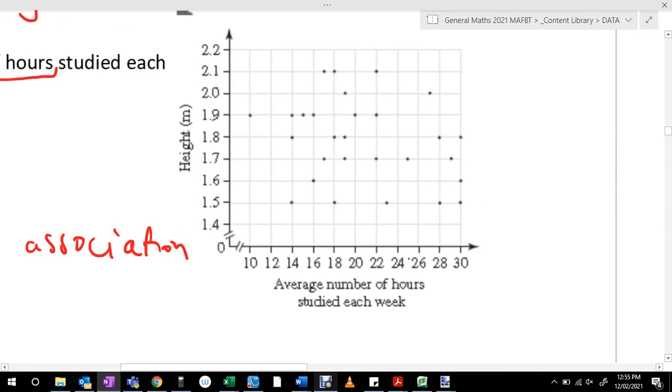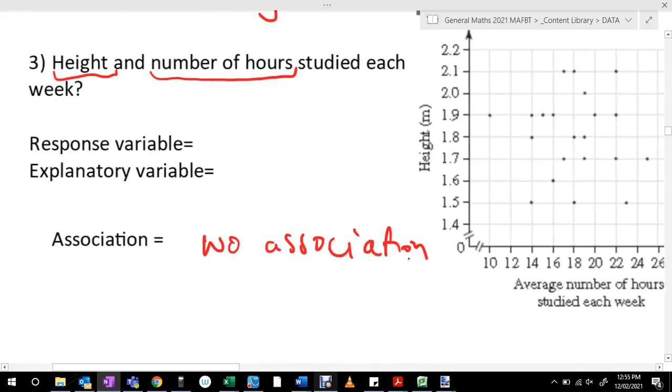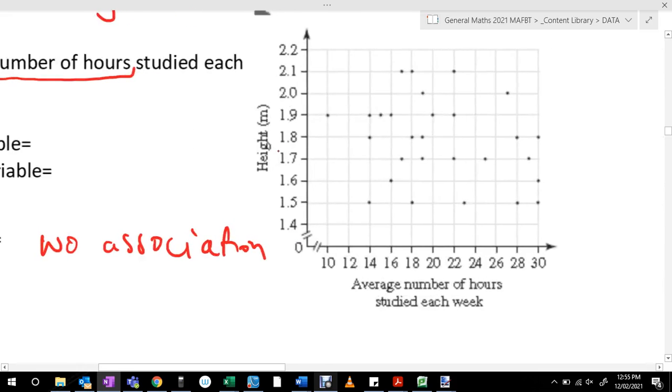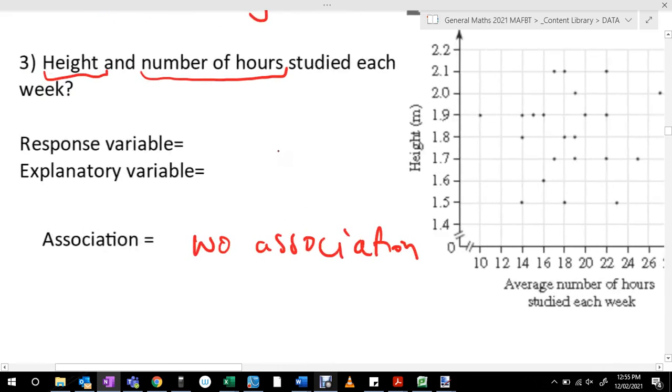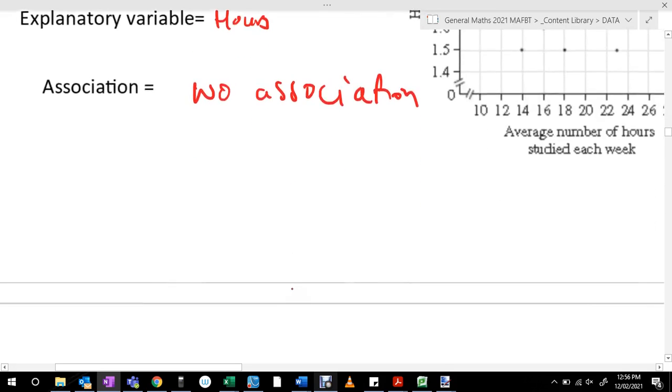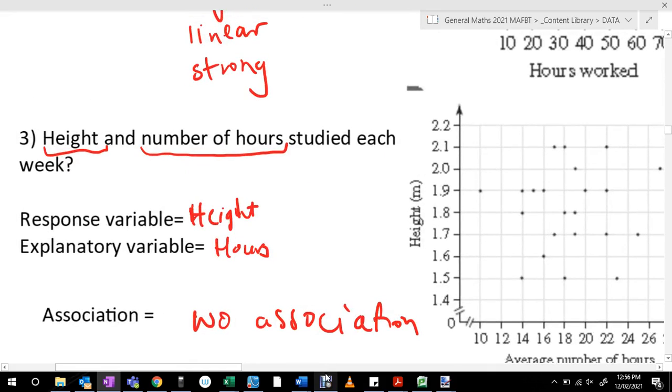The number of hours doesn't determine your height, and your height doesn't determine the number of hours you studied. So in this case, because there's no association, you can't really put anything here. You could just say this is hours, and this can be height. It's not necessarily the right thing, but it doesn't really matter because there's no association anyway. So it's too random for there to be any EV or RV. Makes sense. Okay, and that's basically it for